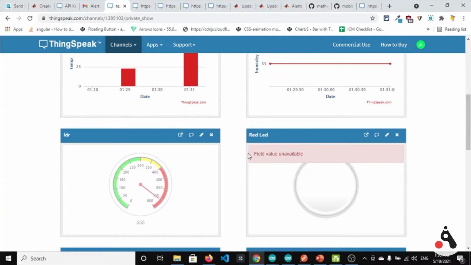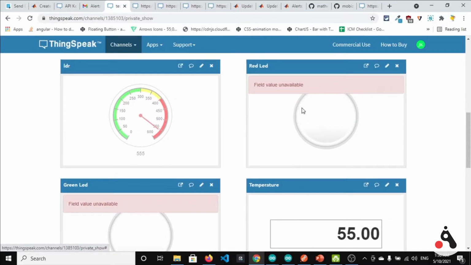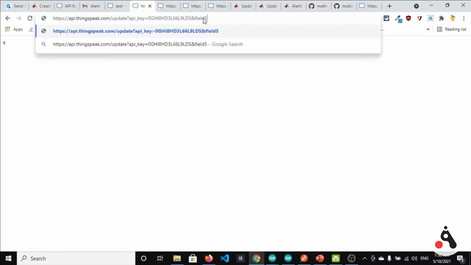Let's send some data on this red LED so that it will be turned on. So anything greater than 0. For red LED we have to send on field 4. Let's send field 4 equal to 5, and okay, it will respond in a few seconds. Let's send field 5 as well. Okay, the response is 0, which means that it is not updated.